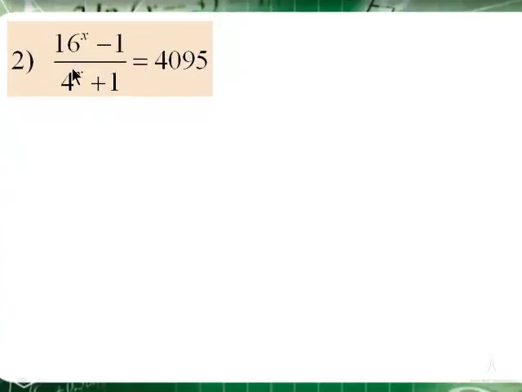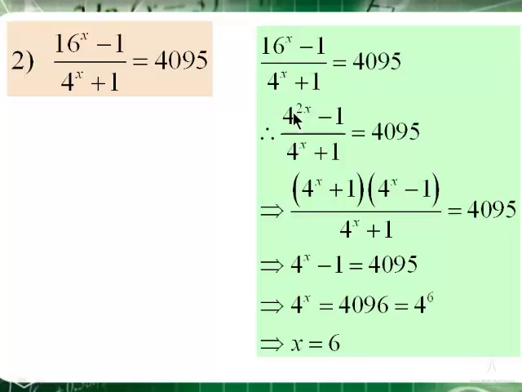If we look at this, then 16 to the power x minus 1, because 16 can be written as 4 to the power 2 to the power x, or 4 to the power 2x, or 4 to the power x all squared, then this is the difference between two squares. So we can factorize this as 4 to the power x plus 1 and 4 to the power x minus 1. 4 to the power x plus 1 can cancel out, so you get 4 to the power x minus 1 is 4095. Add 1 to both sides, then we have it in the form a to the power x is equal to b, and this